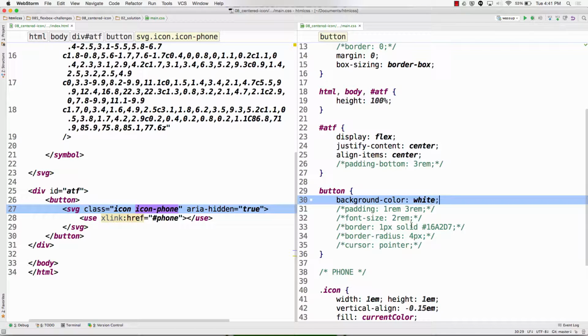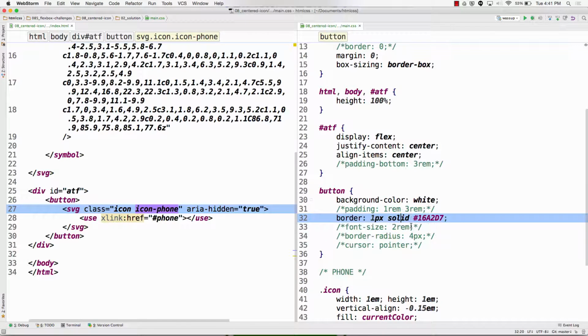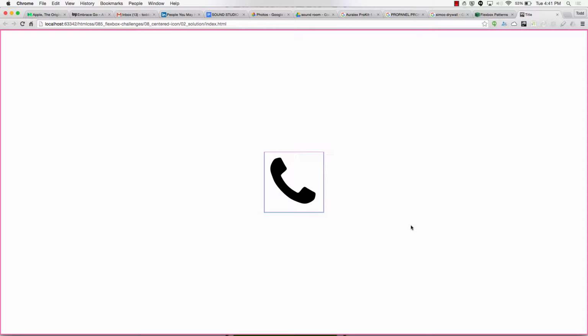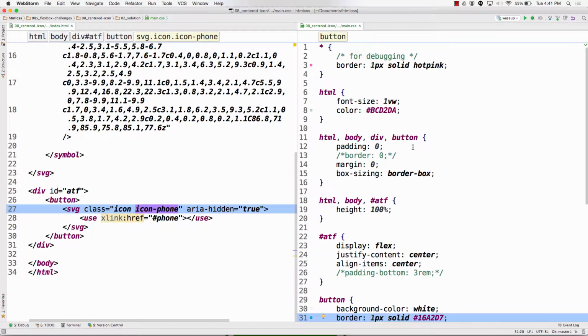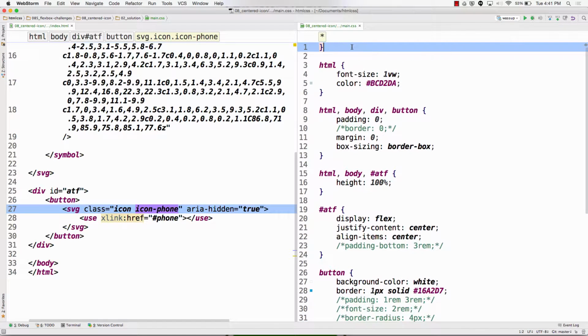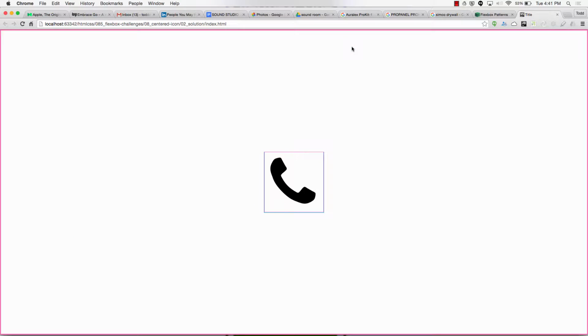Background color white, and then border. I'm going to take this border off up here. So that's the everything border. And so there's my border, but I think the border is more of a,